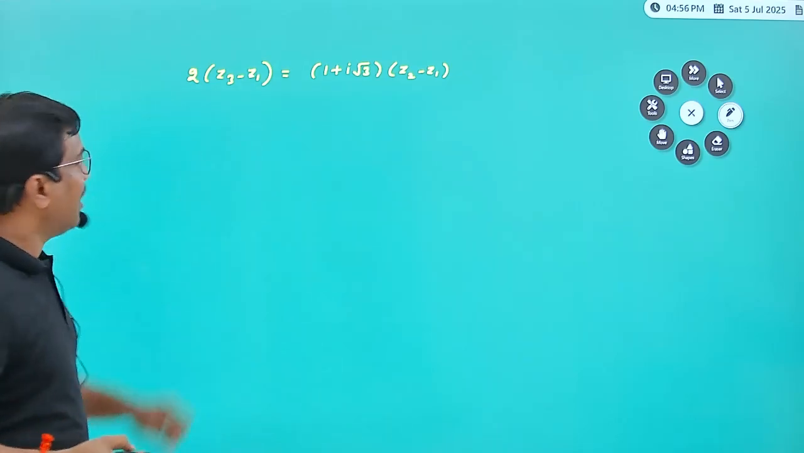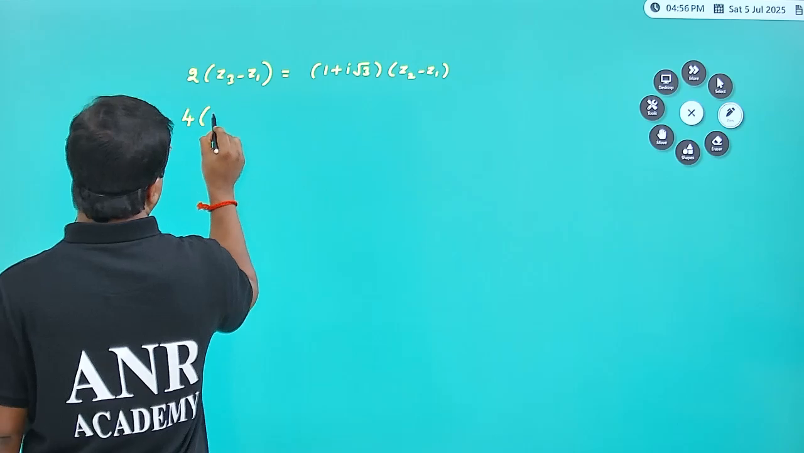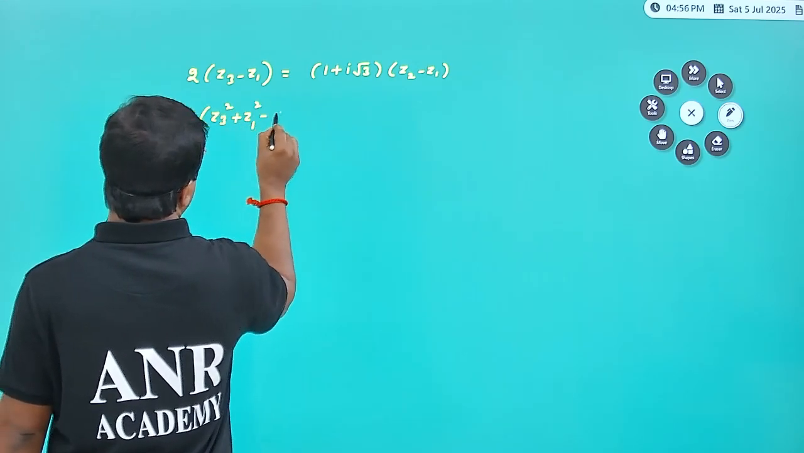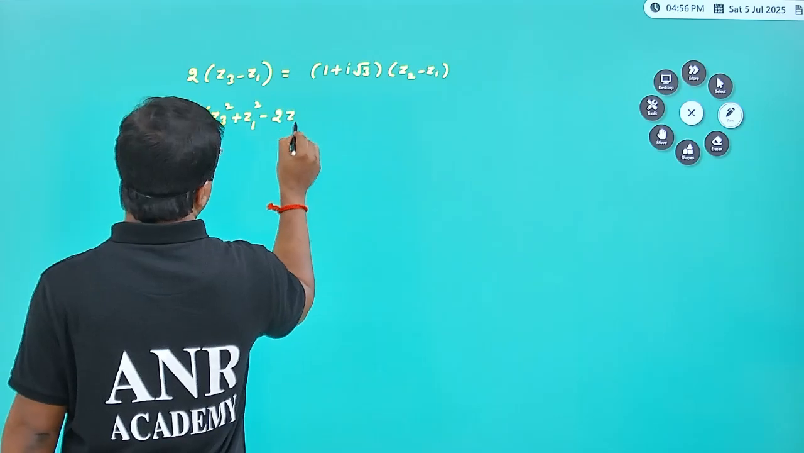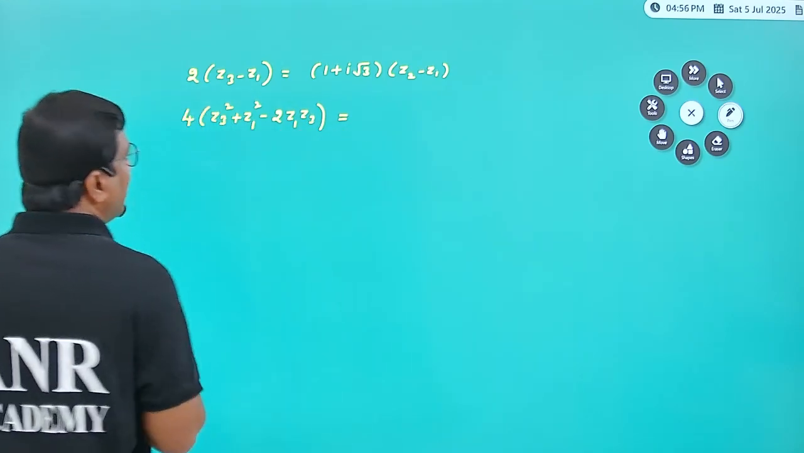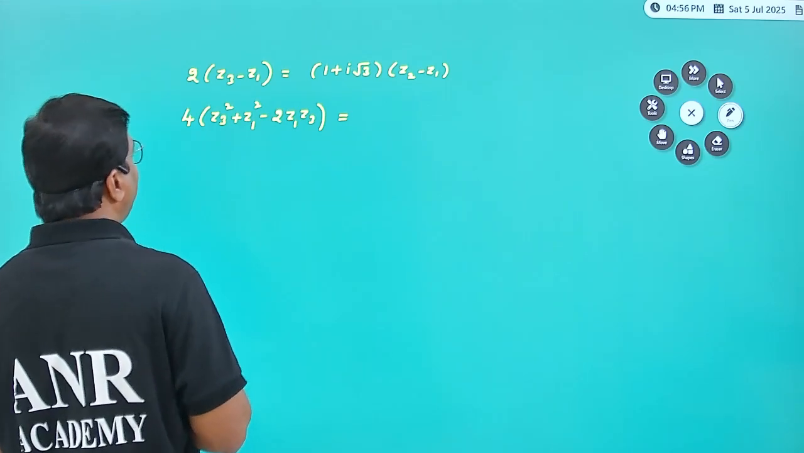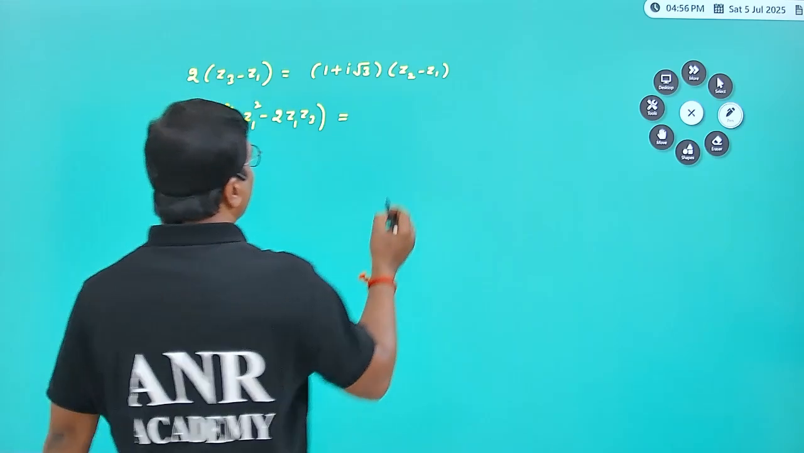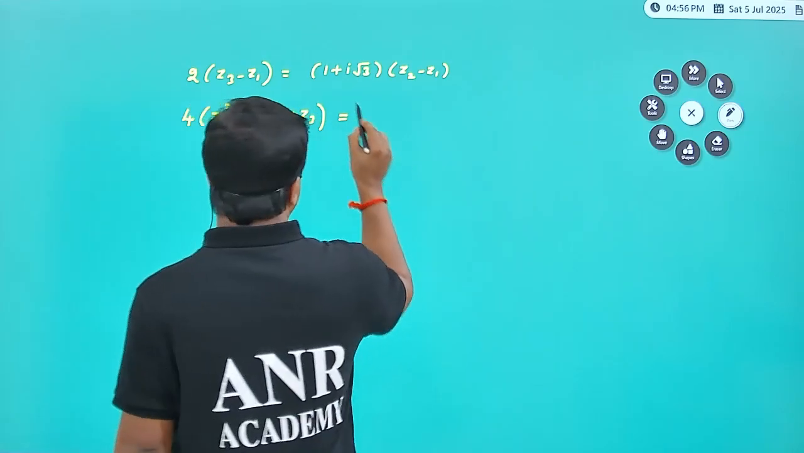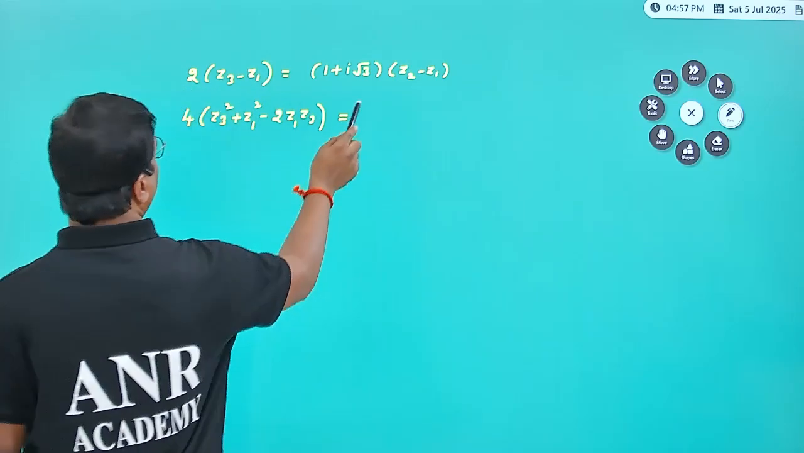Now apply square on both the sides. We get 4 multiplied by Z3 square plus Z1 square minus 2 Z1 Z3, which is equal to 1 plus I root 3 whole square value, that is A square value, or otherwise do one thing,